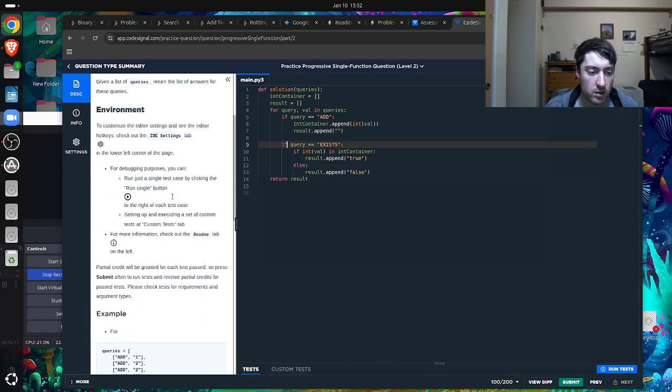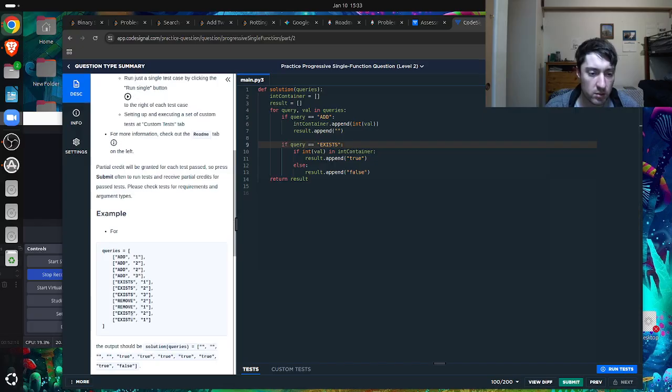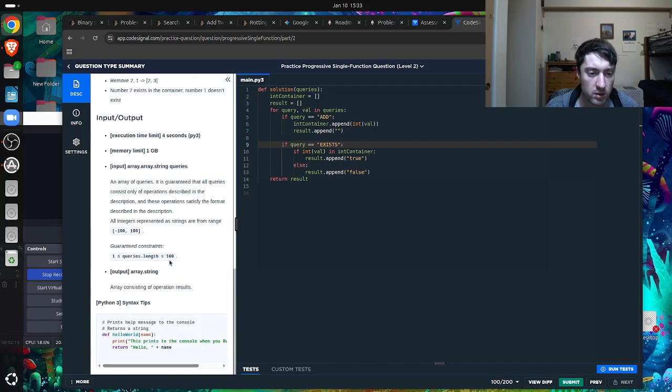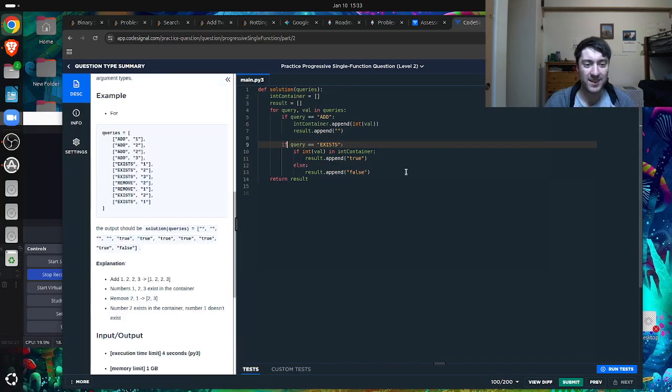Okay, so let's do this. Oh wait, where's remove, right? They didn't get the... Oh, here it is. Okay, cool. I wanted to see it, you know. Okay, so if query is equal to remove like this, then what we do is